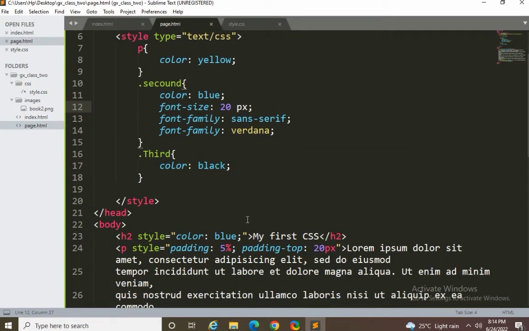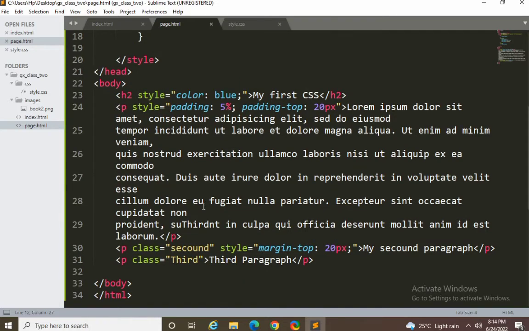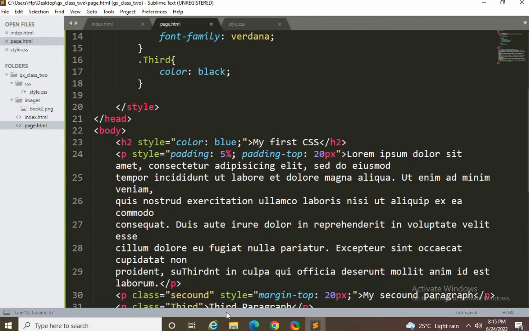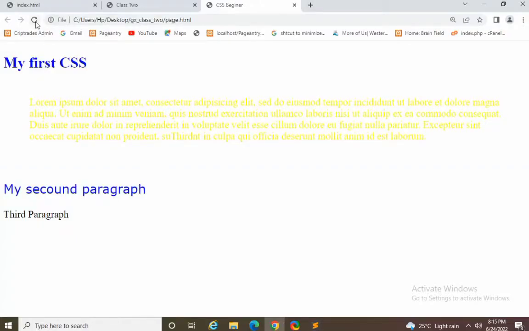The reason it didn't work is because we've already specified it inside the browser. It's a second. So